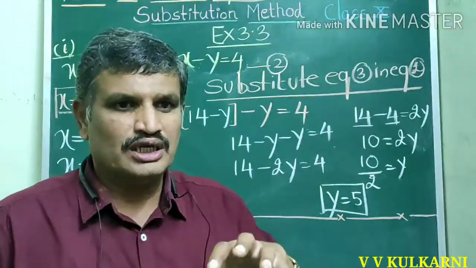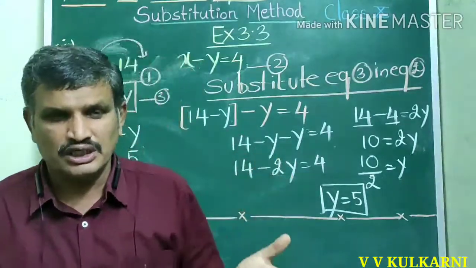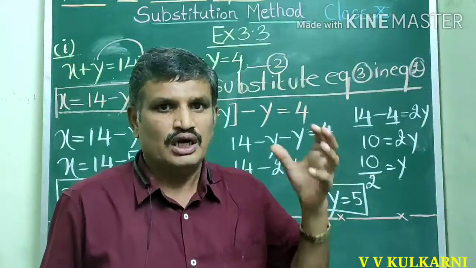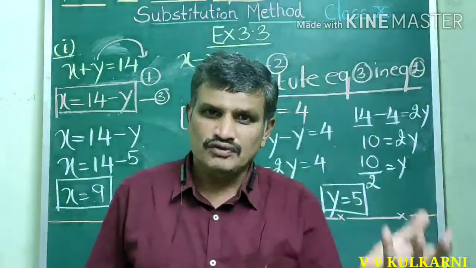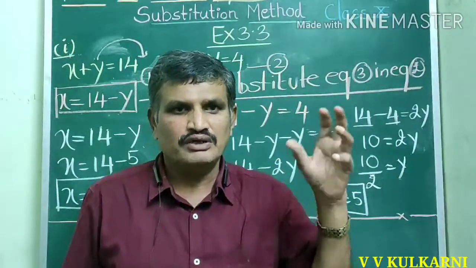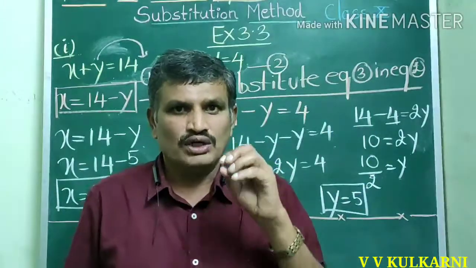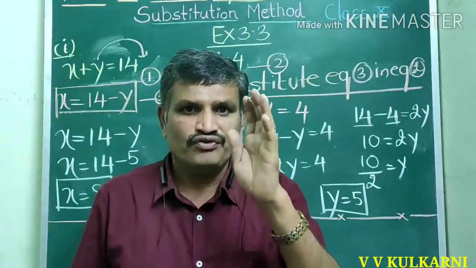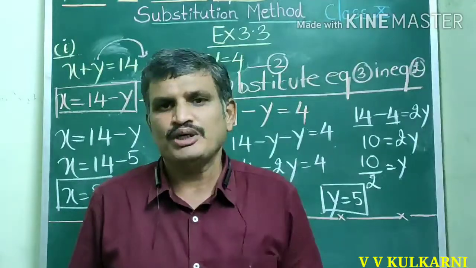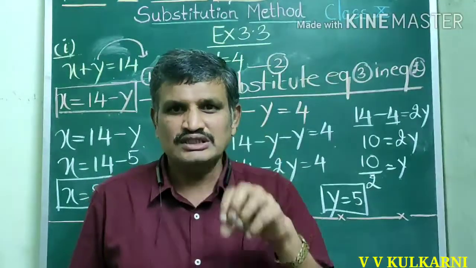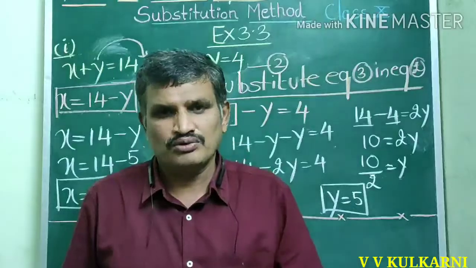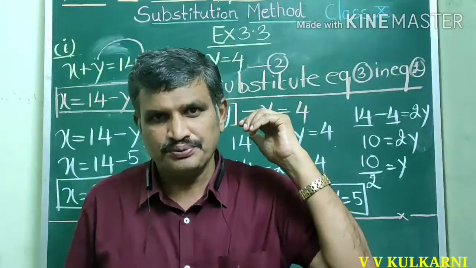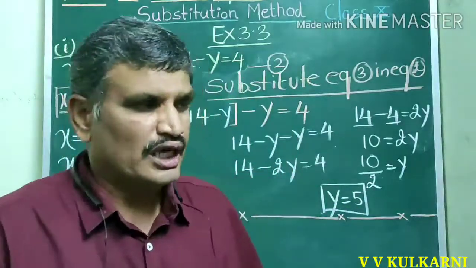We can substitute either x from the first equation in the second equation, y from the first equation in the second equation, x from the second equation in the first equation, or y from the second equation in the first equation. So what I want to tell you is, one problem can be solved by 4 methods. Don't expect me to solve all the 4 methods, but since it is the first problem, I would like to solve the problem by 2 methods. The first method is already explained to you. The second method I am going to explain now.